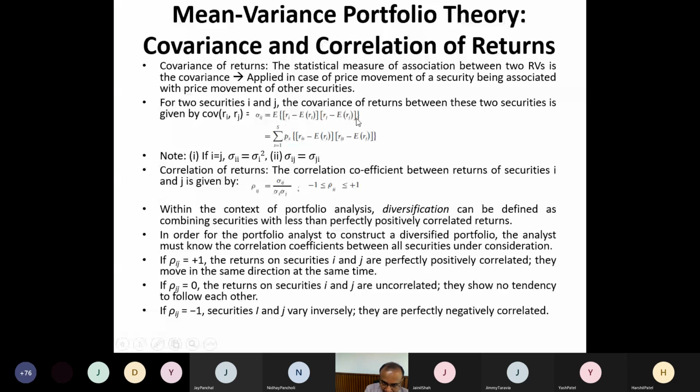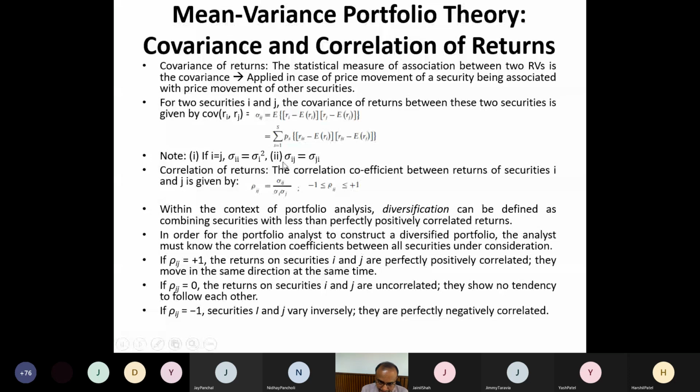Okay, so that is the definition, and we can write it like this: sigma over s equal to 1 to capital S of Ps into (Ris minus E(Ri)) multiplied by (Rjs minus E(Rj)). So we need to know the expected value of security i and security j, and the probability of each state of the economy. And if i equal to j, sigma ij turns out to be sigma i square. And remember, sigma ij is a symmetric term, meaning sigma ij is equal to sigma ji. So if security i is related to j, then by the same relation, security j is related to security i.